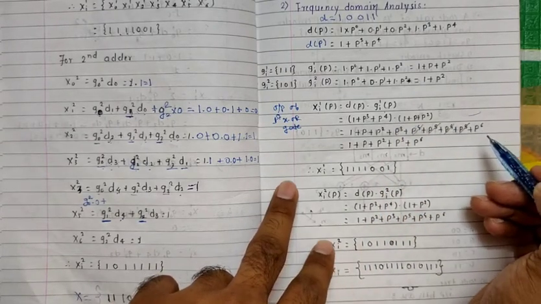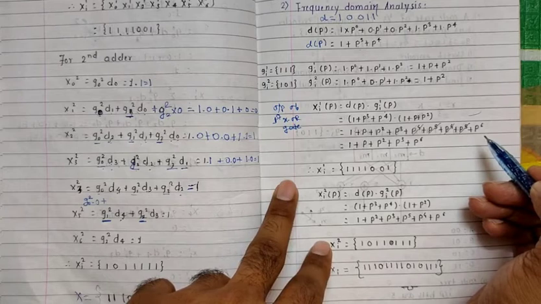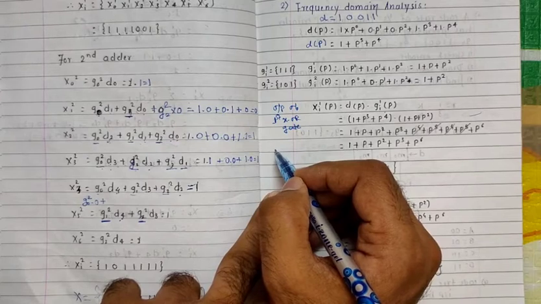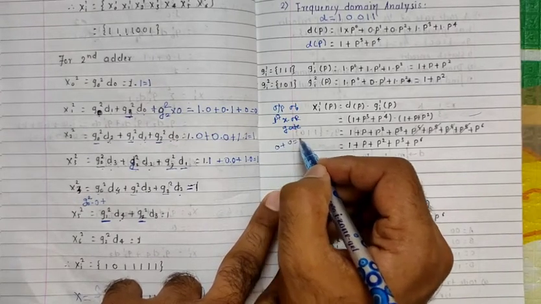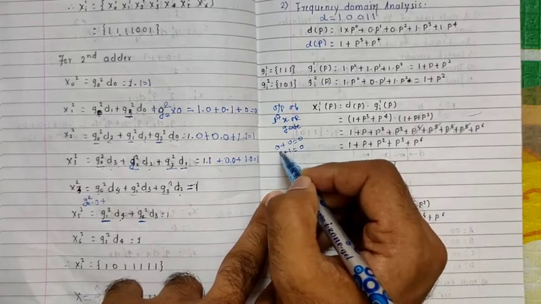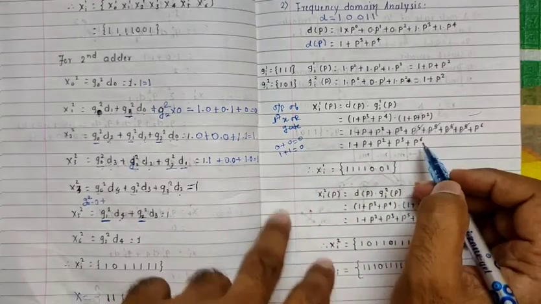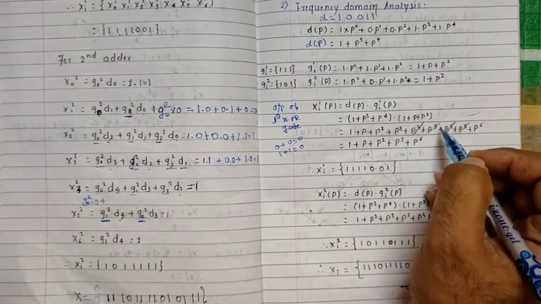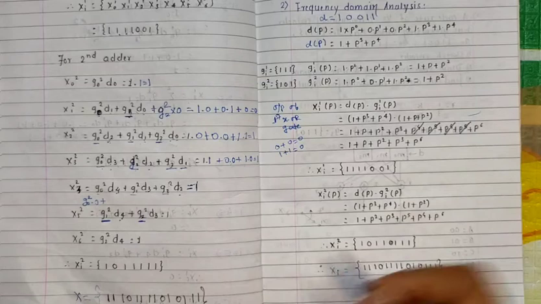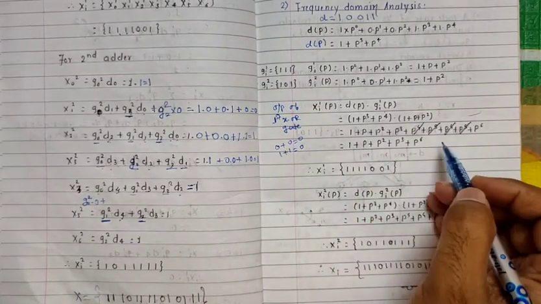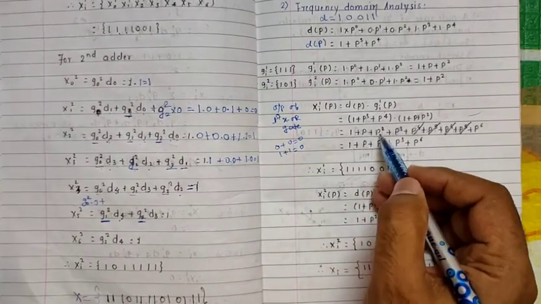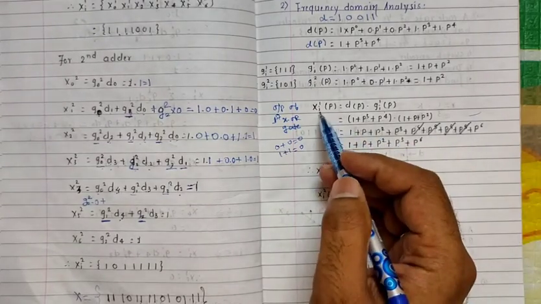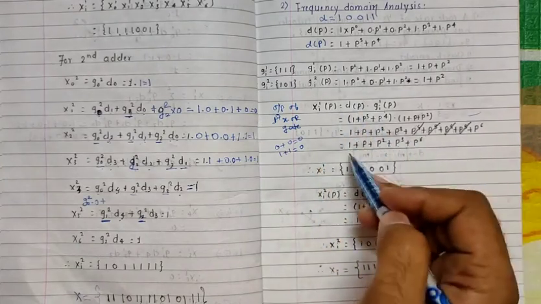As we know, in the XOR gate, same terms in a polynomial function are always cancelled out. If two inputs are the same, they always produce zero output, like 0 plus 0 is 0 and 1 plus 1 is also 0. It means the same input always produces zero output. So we are going to cancel the same terms. P4 will be cancelled and P5 will be cancelled. So what is left? We can write it in ascending order: 1 plus P square plus P cube plus P6. This is the first output of the XOR gate, but this is in the polynomial equation.